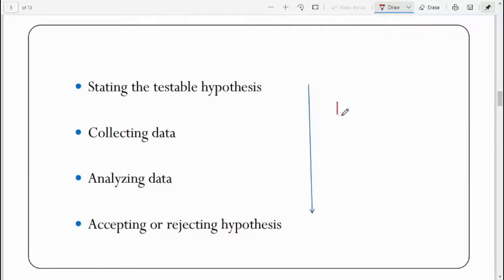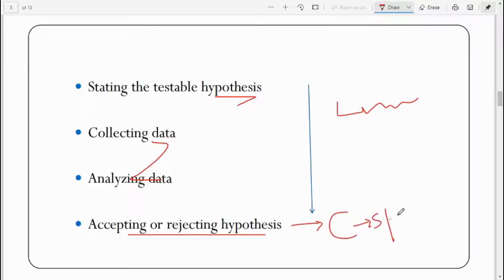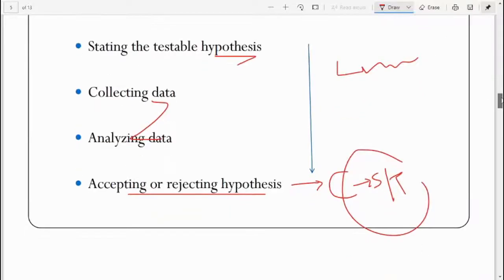So this is the linear fashion, that it is moving in a linear direction. We start from a hypothesis, then we collect data, analyze the data, and then either accept or reject it. So at the end we reach a conclusion which is very specific or which is used to generate a theory. Okay. So next we have